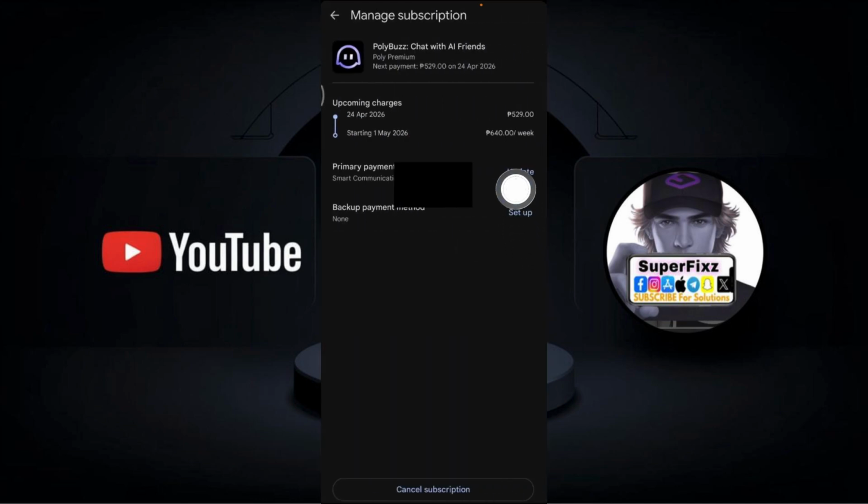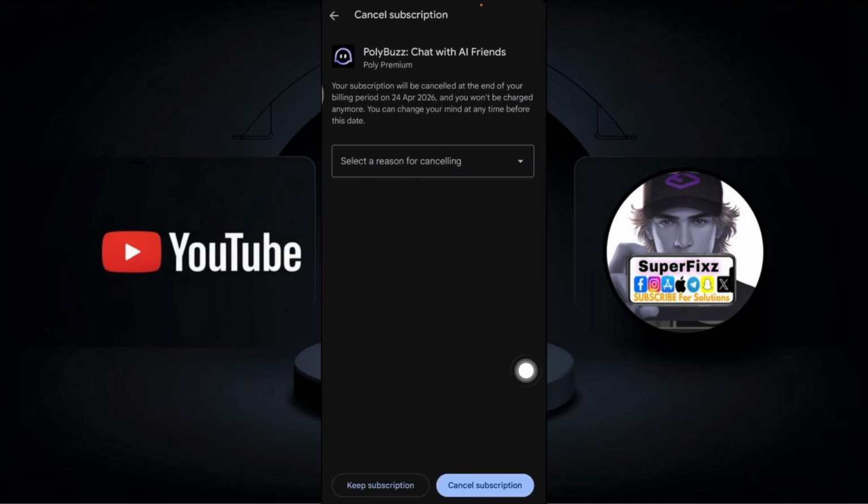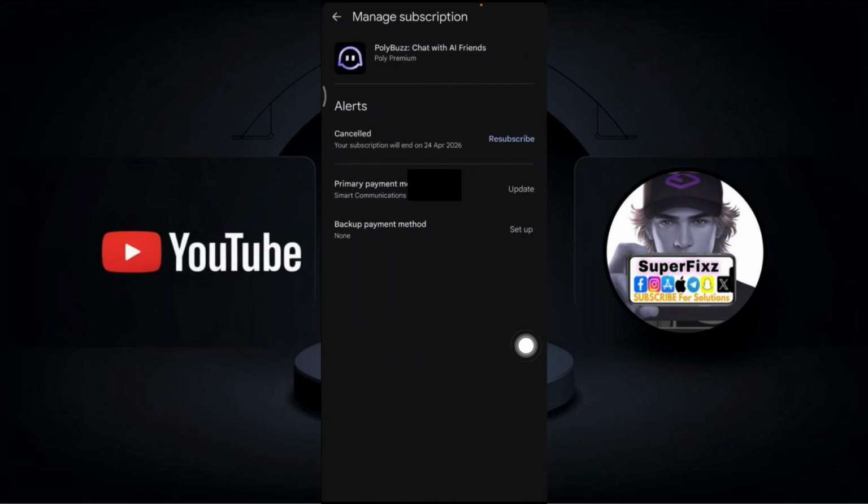If you want to go ahead and cancel it, simply press there, and you can select the options for updating, setup and different other things. Simply press on cancel subscription. Once you press on cancel subscription, it will ask you for a reason for cancellation of that subscription. You'll either keep the subscription from this step, or you'll cancel the subscription. Simply press on cancel the subscription, and once you do, the Polybuzz AI subscription will be cancelled, and your app will be